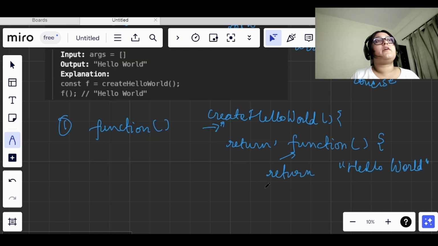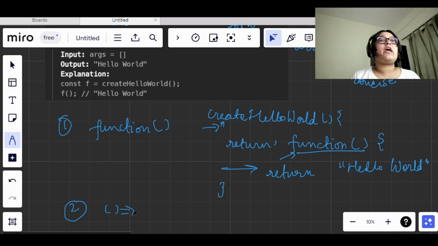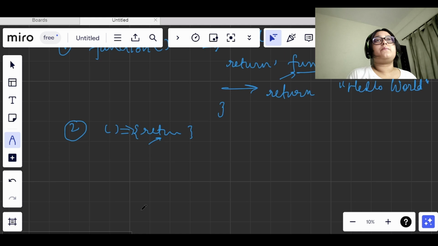So this is one way, and it is also an easy way because we just need to write the function keyword and return a value, which can be done in any language. So the other way is arrow function. How is arrow function declared? We use parenthesis with an arrow and we return the value. If we are using parenthesis here, then we will be using return keyword, or if we are not using this parenthesis, then we can just return the string.